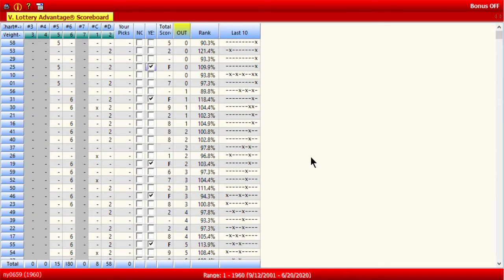You can have a period where you're just having long shots, long shots, long shots, and especially with a game like Mega Millions, you're going to have more luck with the long shots than with the hot skips. And so I'll have to look at the long skips in Excel